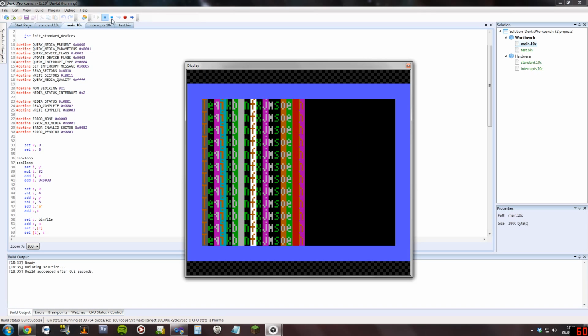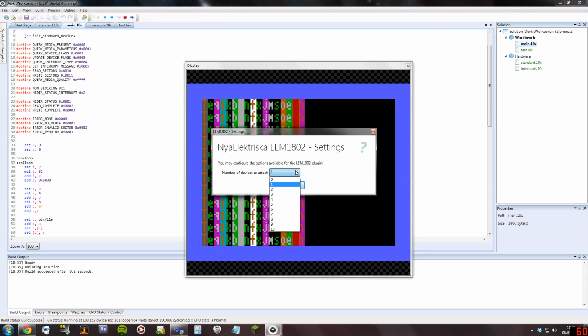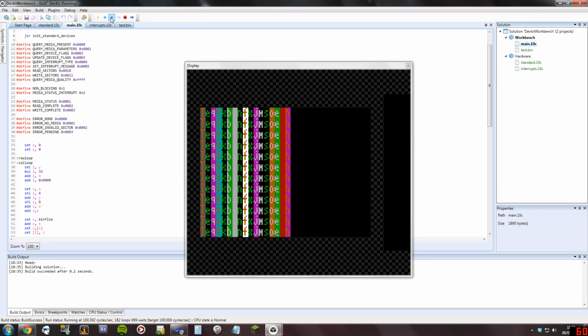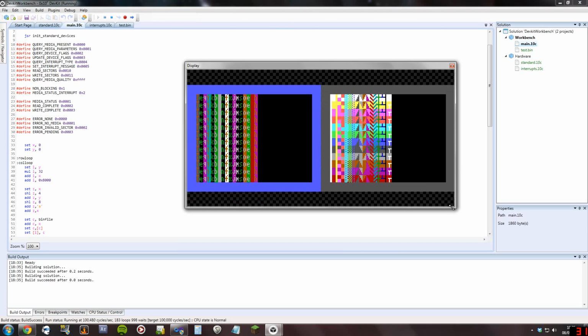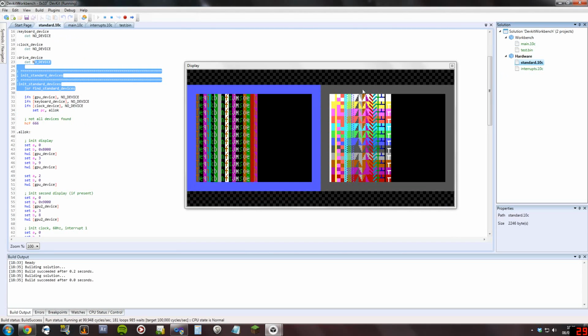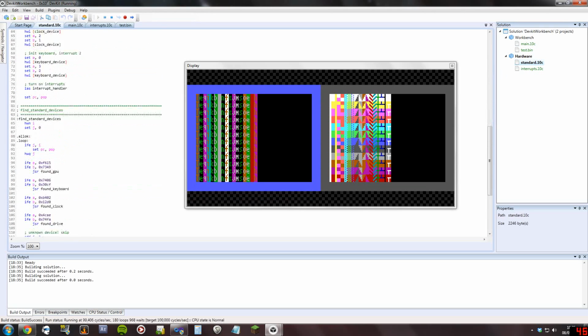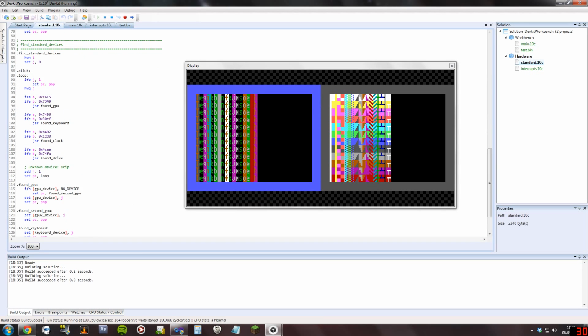If I then fire up the plugin and attach another one, it doesn't initialize till you restart it, but then you've got 2 monitors. Now it works hopefully in the way you'd expect: down here we're checking to see if it matches the monitor's ID. If it does, then it will write to